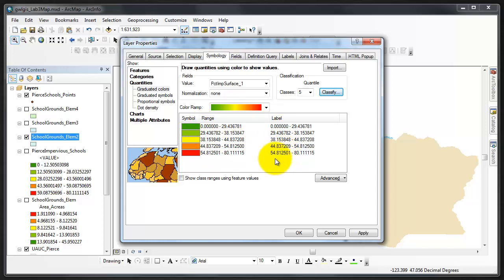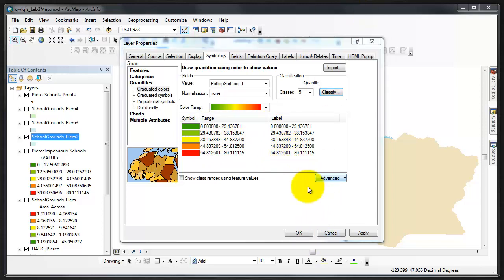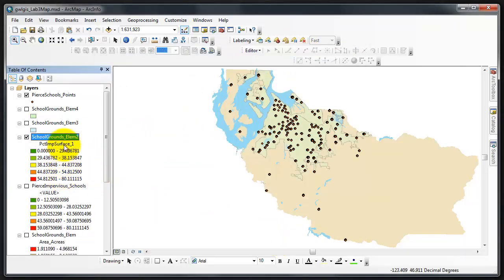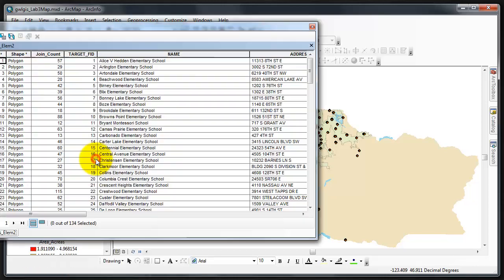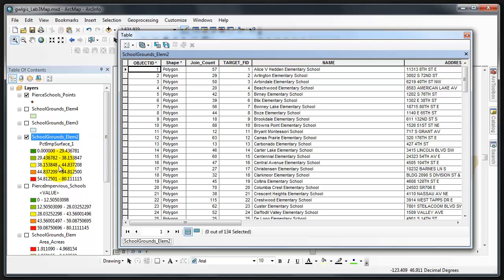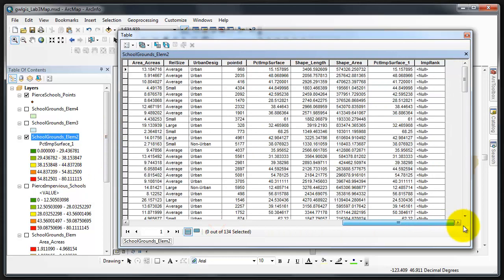I'm going to make a note of these values. Now I'm going to keep this over here if I can. I cannot. I'm going to say OK. The values come in over here. Now I'm going to open the attribute table, put it over on this side so I can still see my values. Scroll over to impervious rank